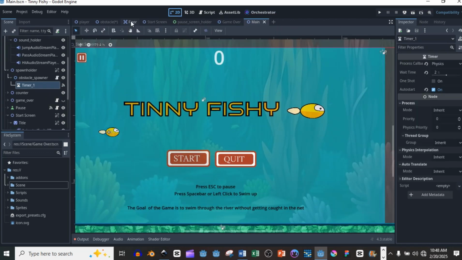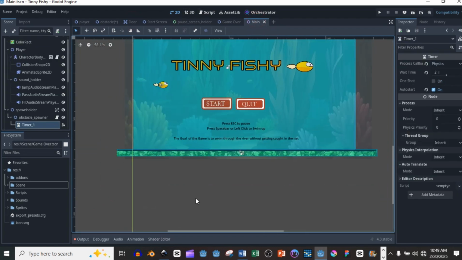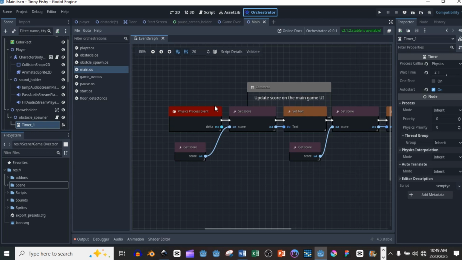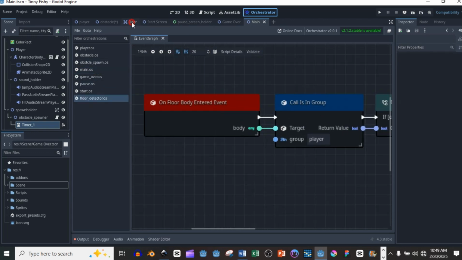The next one we'll have is the floor. If you go to the main, you see that we have the floor up here. So it's always there. I didn't really want to bring it out because it's like water. So the floor here is this code here. We made it in such a fashion that